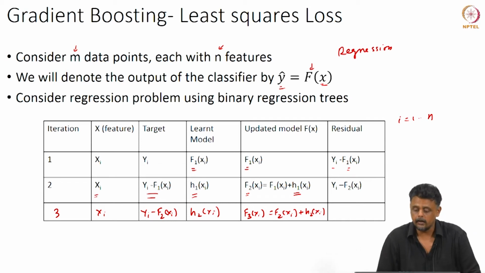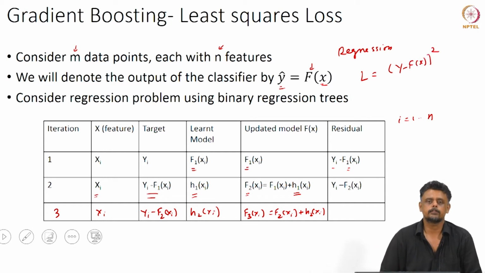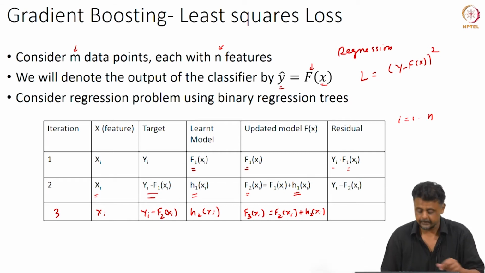So, this is one form of gradient boosting, and we will see that it actually corresponds to using a least squares loss function. I am just going to write it, without any subscripts, as f of x squared, the form of the loss function. We will see in a few slides that this is the case.